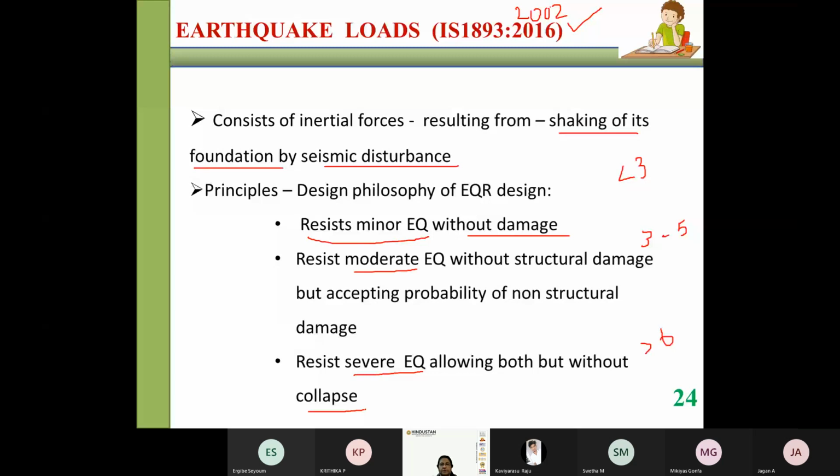But if it is a severe earthquake, structural damages can also happen, like some beam failure, some walls, some slabs, some cracks. Even sometimes some of the columns can have some cracks, but a complete collapse is not permitted because human lives cannot be lost. So these are the 3 criteria you have to keep in mind when you analyze high-rise structures.